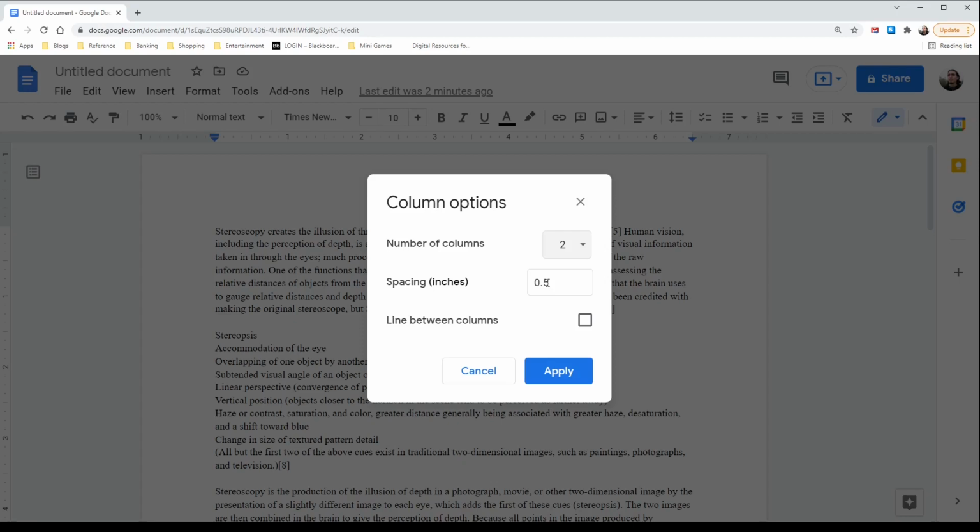So if I have an edge margin of 1 inch, right, there's an inch between the edge of the page and the edge of my type, that means that I could have this spacing in inches up to about 1 inch. I would probably want it a little bit smaller, but I could go up to about 1 inch. I could probably go up to maybe 3/4 of an inch on this space right here, and it would look